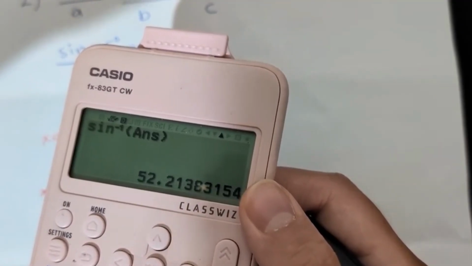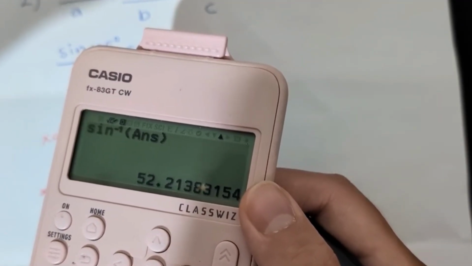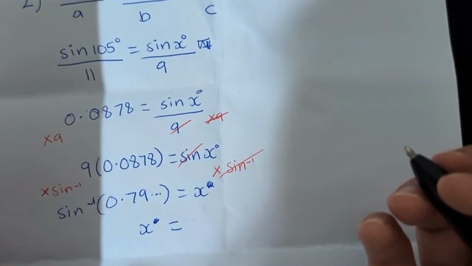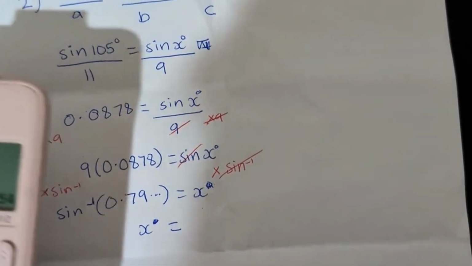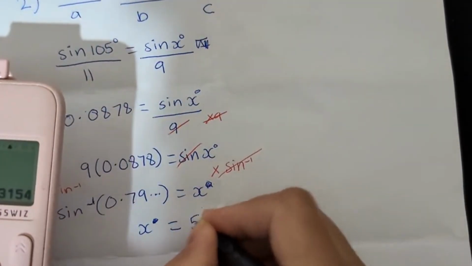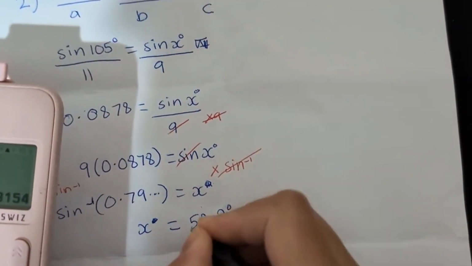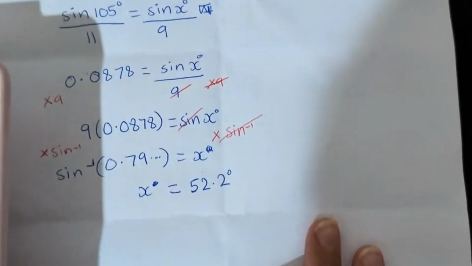Do we know our rounding? Anyone that is watching? Okay, I'm going to round this. So we get x is equal to 52.2 degrees. Okay, and that is the answer